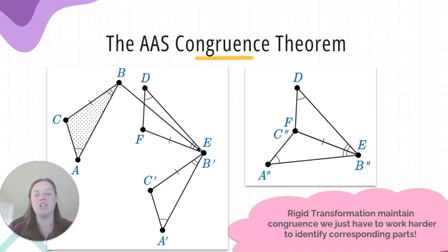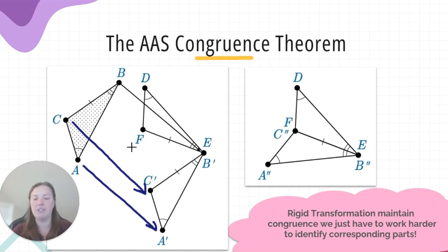So the first example here is on some figures that have in fact been translated, right? We've got a slide and then some rotation happening here. And we've got some reflection here. We're going to dive a little bit deeper into those. But if you do see in this case here, it's a little bit easier to match up our corresponding angles with the translation. But then we need to do a little bit of work to show this